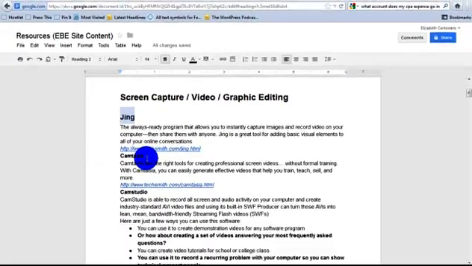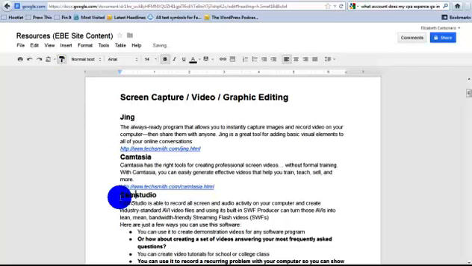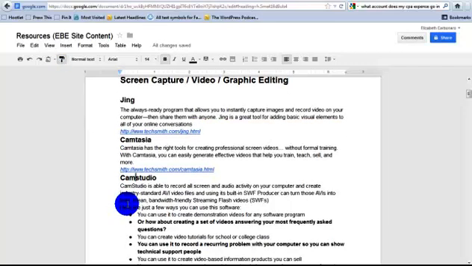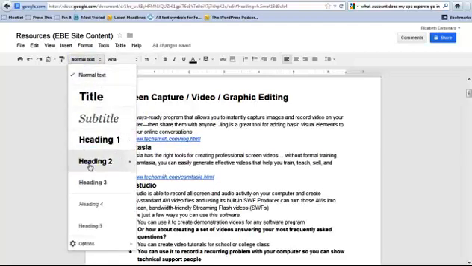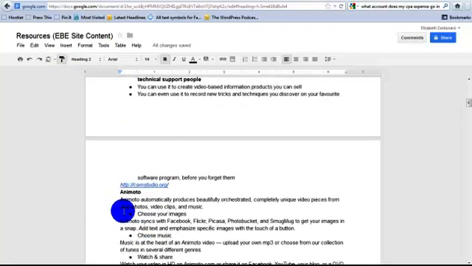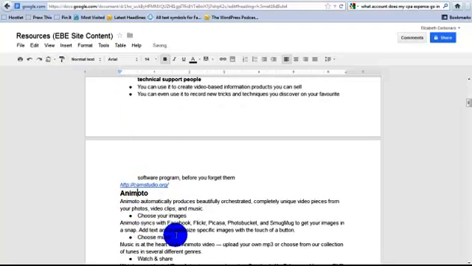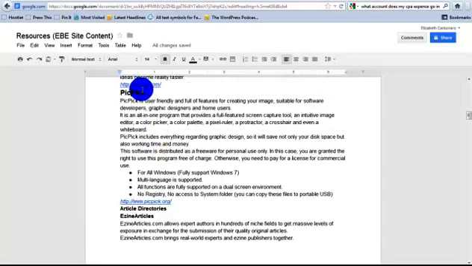Okay, so I'm actually just going to use my format painter and click on each of my headings. Why does that say normal text? Let's redo that, make sure it's actually, yeah, it looks like it's doing it properly. Animoto, and I'm just going to go through this and do the rest of them. Okay, so I have all of the subheadings applied for